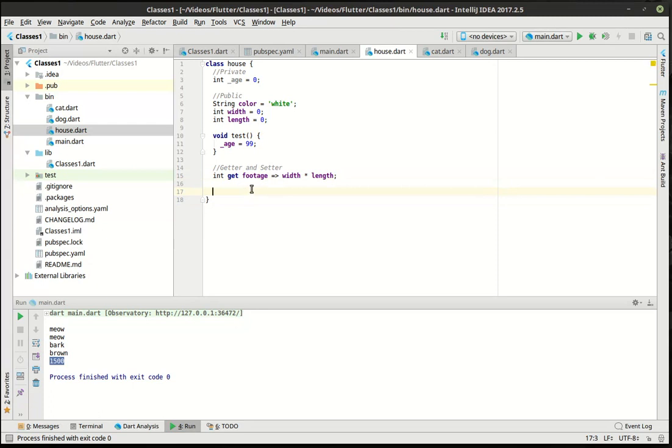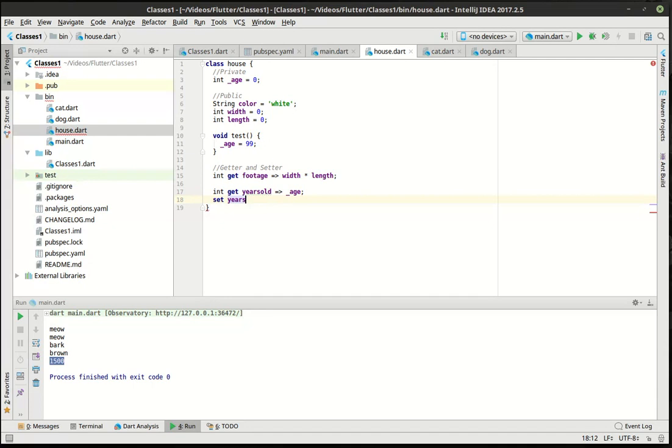But what if we want to actually set something? We want to set the age of the house up here. So let's do that. Now, we have another problem is we can't access that because it's a private variable. That's where getters and setters work in tandem. So we're going to say int get, and let's just call this home age. That way, no, let's call this years. That way there's no real issue between _age and age. And we're going to say return age, and then we're going to set